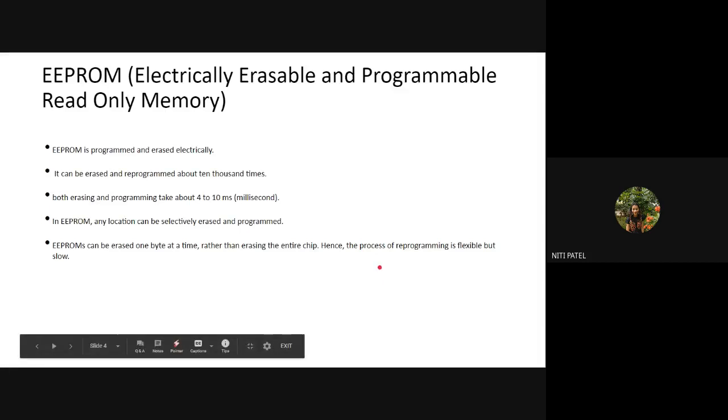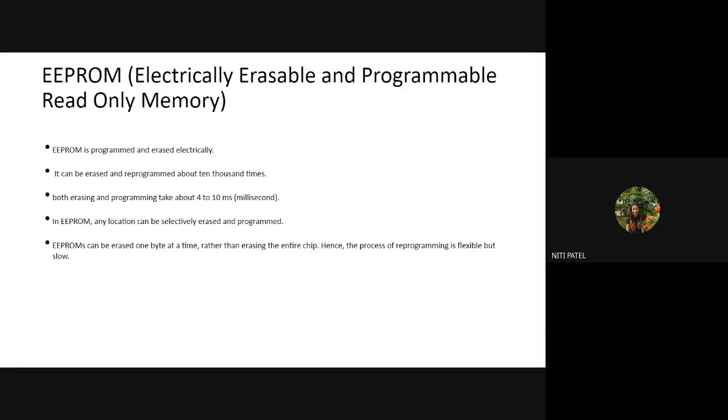So the difference between PROM, EPROM and EEPROM is, in PROM and EPROM, I am deleting the entire chip and refilling the data again by purchasing a new chip. Whereas in EEPROM, I am keeping the chip the same. I am not erasing the entire chip. I erase only the contents I want by going to a specific memory location. What is the other difference? The process of erasing and writing is much faster in your PROM and EPROM, whereas it is a little slower in your EEPROM. Okay, is this understood up till here?